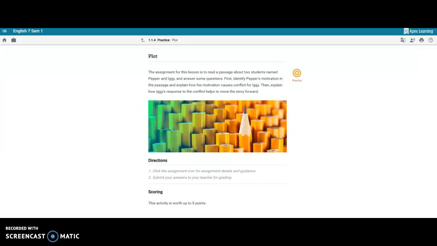Hello. So yesterday I had a lot of students asking questions about writing assignments that they're coming across in their APEX courses. So today I'm going to address that and let you know what you need to do to get those finished. So if you've come across a writing assignment like this one here, this one is in 7th grade